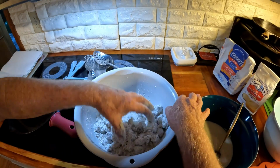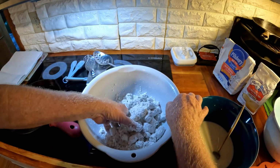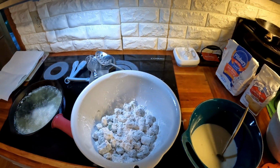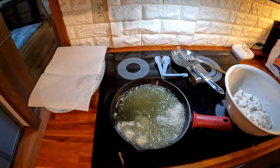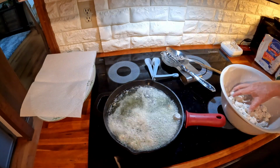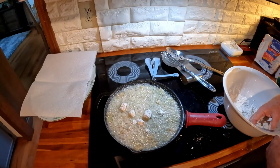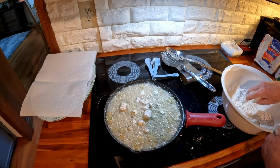All right. And as you can see, they're all fluffy, loose, and coated with this mixture of cornmeal, salt, pepper, and flour. So now we're going to just shake some out, drop it in the hot oil. That's pretty cool, you see that? All right, shake some out, drop it in the hot oil. Okay,